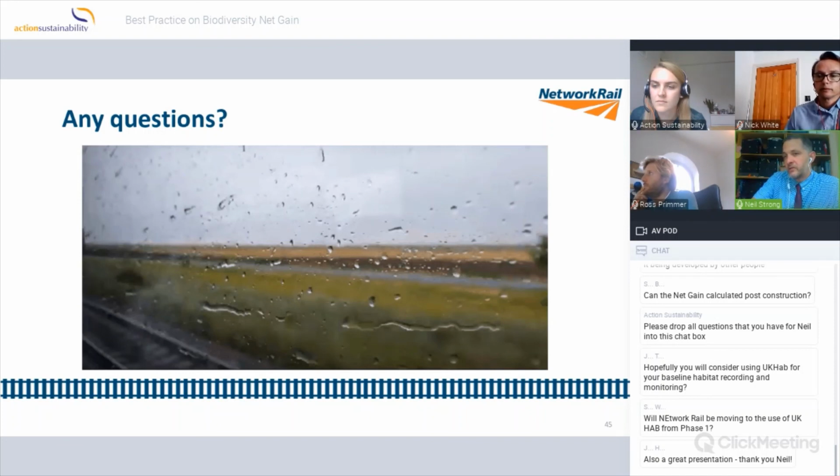But we do have surveys take place on the network. So if we need to identify species, we'll start off with desktop studies. I saw there was a question about local record centres. Yes, we do use local record centres. We are trying to build up relationships with all the local record centres to understand what is there. And then if we need to go to site, we will undertake surveys safely with the ecologists on site.